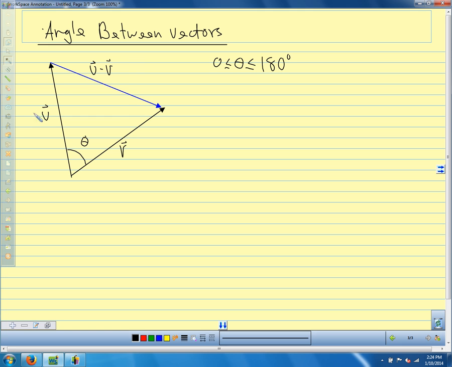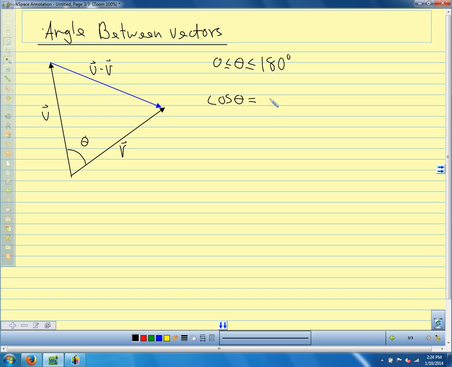If I use the law of cosines on this triangle, the length of this side is the magnitude of u, the length of this side is magnitude of v, etc. The length of this is magnitude of u minus v. I can use the law of cosines. I have a side angle side triangle here, and I'm solving for the angle. I can use the law of cosines on this triangle, and I can come up with